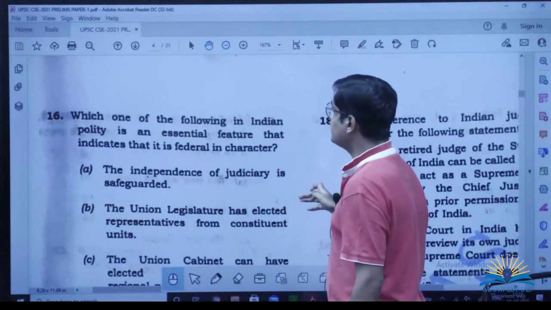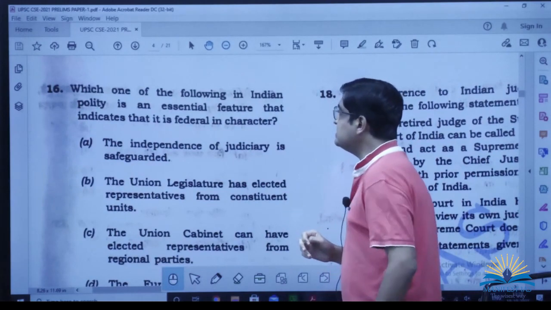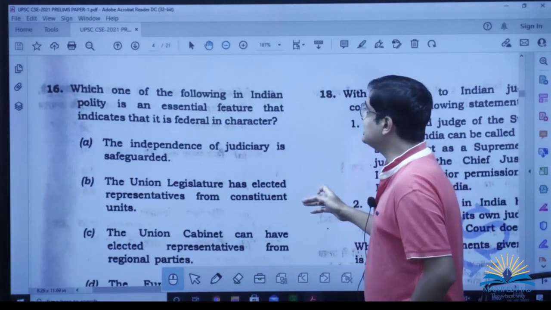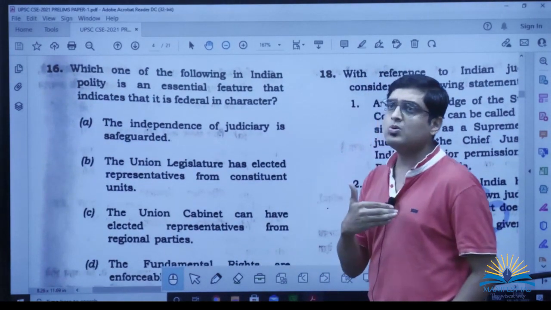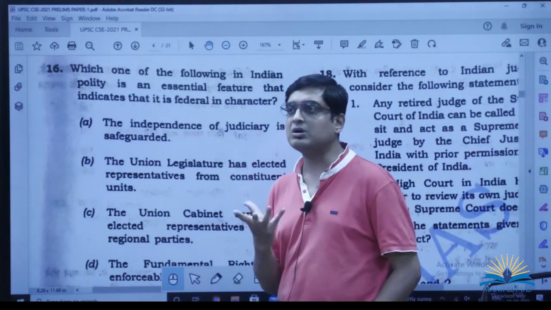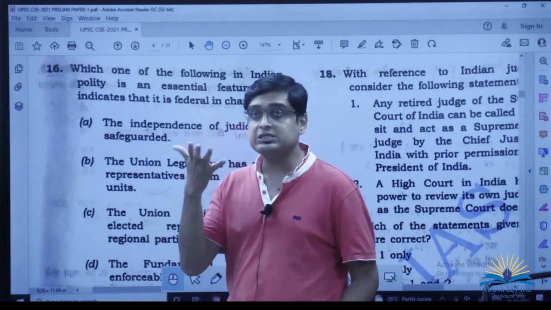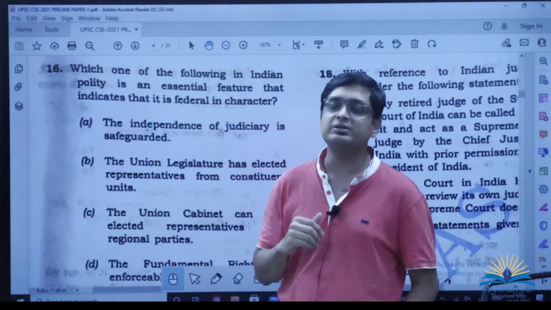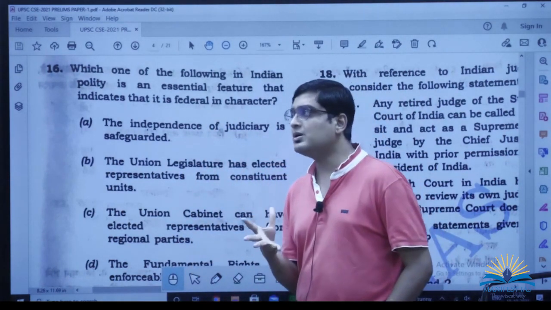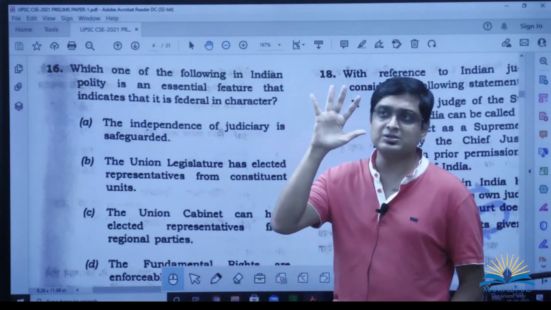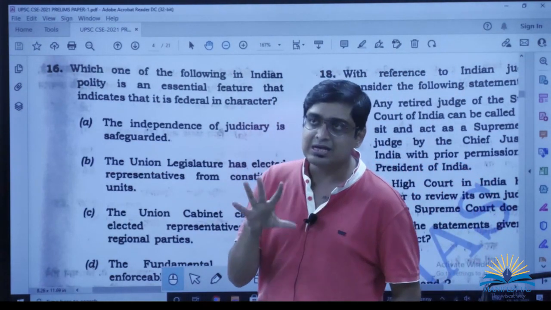Which one of the following in polity is an essential feature that indicates that it's federal in character? See, almost all the questions are related to concept. There's not even a single question which is straight. Again, it's asking for the concept of federalism rather than the federal provisions in the Constitution. Now, when you talk about federalism, federalism has to follow certain basic ideas if a country has to be called